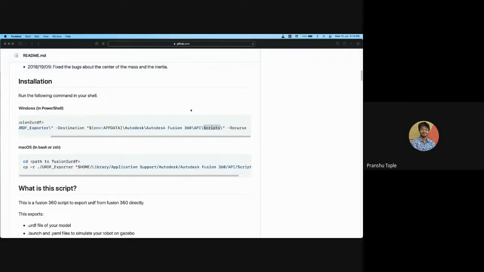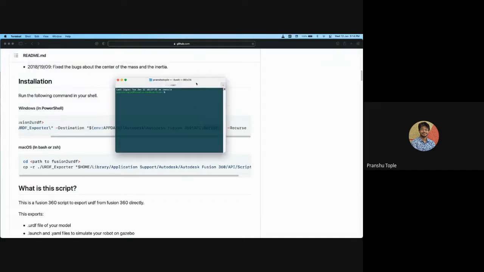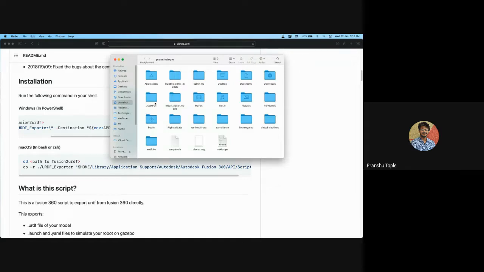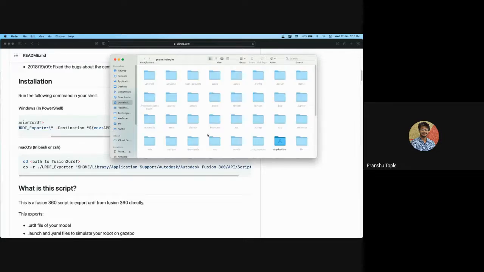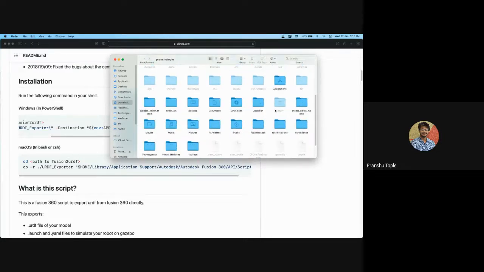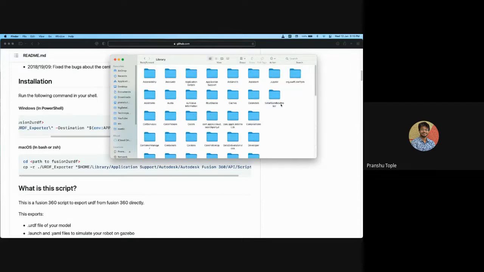Or I can just open up a terminal. cd library. It should be here itself. I didn't see it. It might be hidden. Yes, there is a hidden library folder.